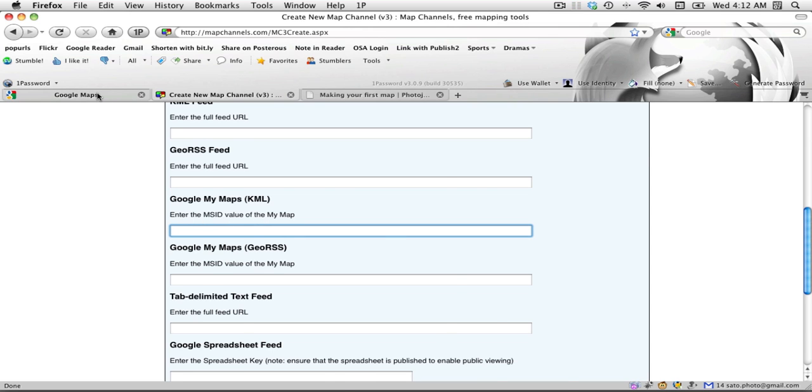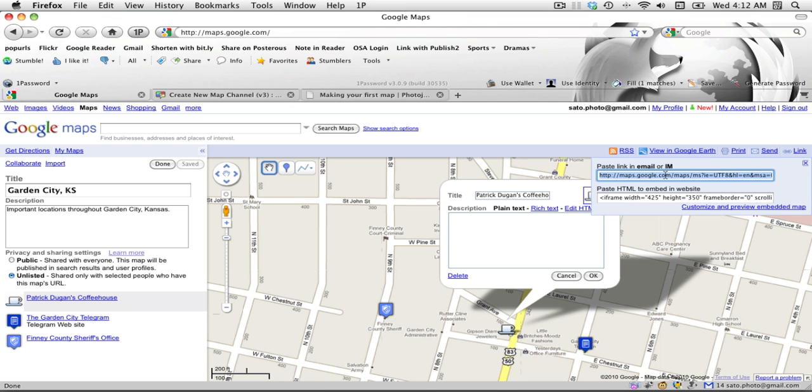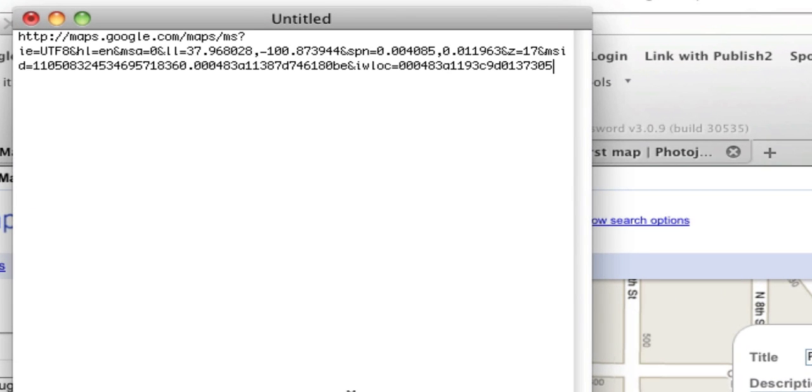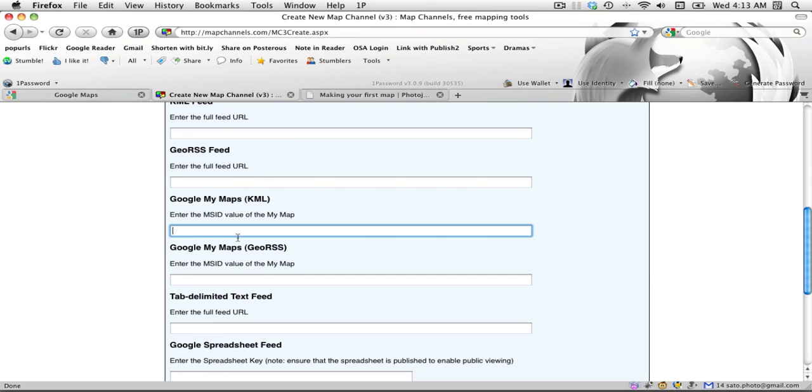So I'm going to go back to my Google map. And if I go over to link, and if I copy this link and paste it into something like TextEdit, you'll see in the link right here, MSID equals. Now this sequence of numbers following that MSID equals is your MSID number. So I'm going to copy that up until this ampersand, and I'm going to Command C to copy. Go over to mapchannels.com, paste that value in there,